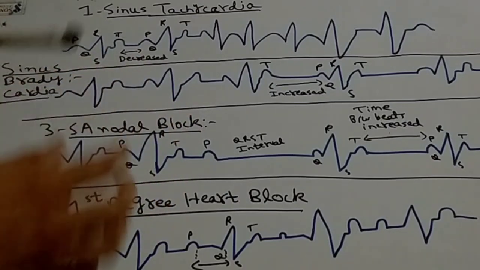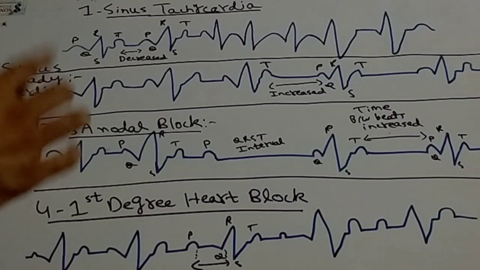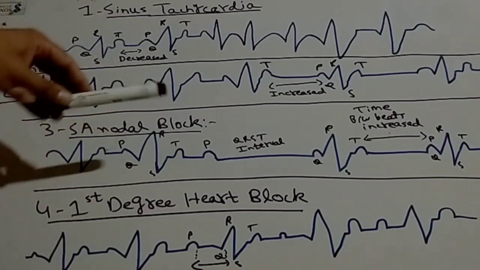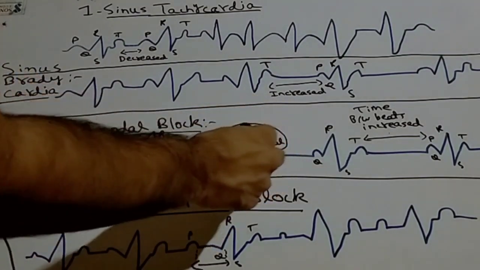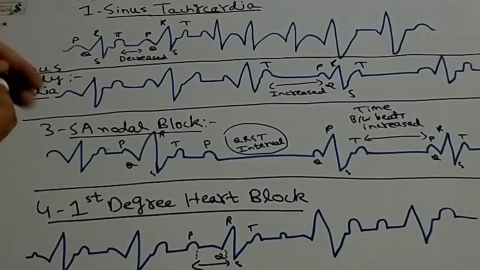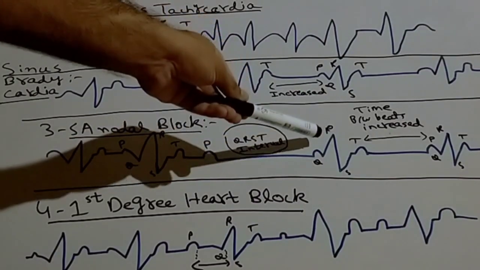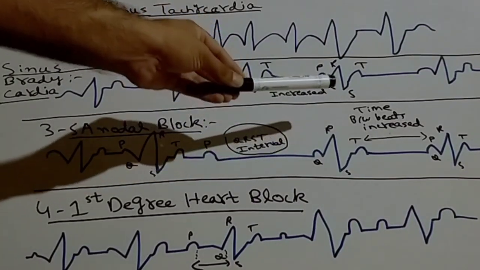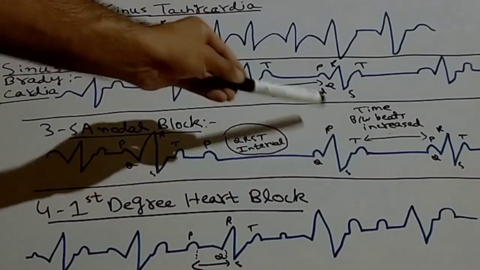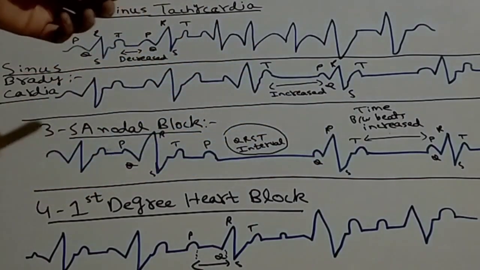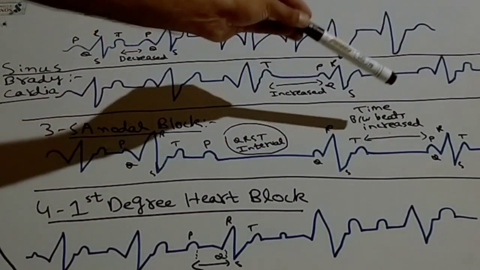Now what happens is that the impulse generated from the SA node cannot travel to the AV node. So that's why the whole QRS interval disappears here. You can see that the whole QRST interval disappears. Then again the pacemaker in the AV node produces this pattern, this QRST complex, and you can see that the distance between the TP, the time between the beats,